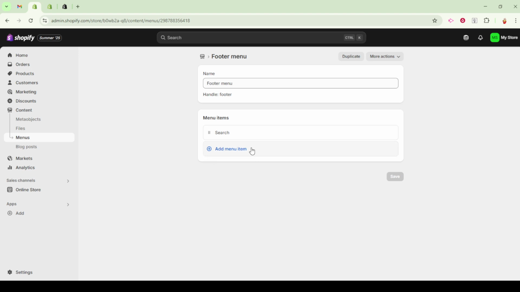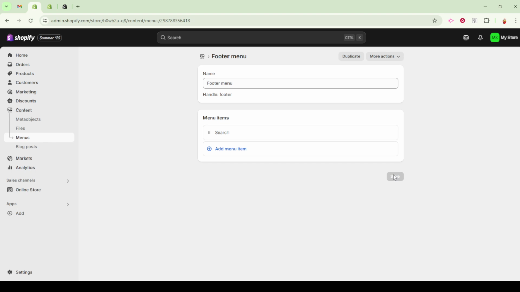Now, let's talk about organizing these menu items into dropdowns. Creating a drop-down menu can significantly enhance the navigation experience for your shoppers. To do this, simply add your menu items and drag them beneath a main menu item where you'd like them to appear nested. This creates a tidy, easy-to-navigate system that can highlight different product categories or services. Always remember to save your work by clicking Save Menu when you're done, to ensure all your hard efforts are